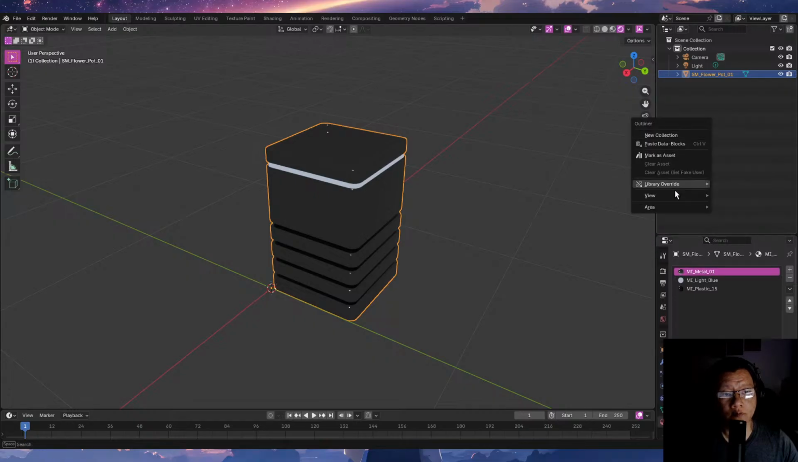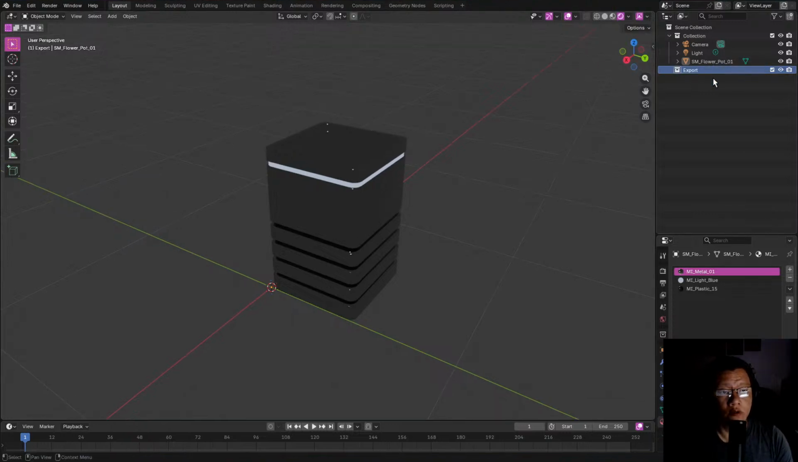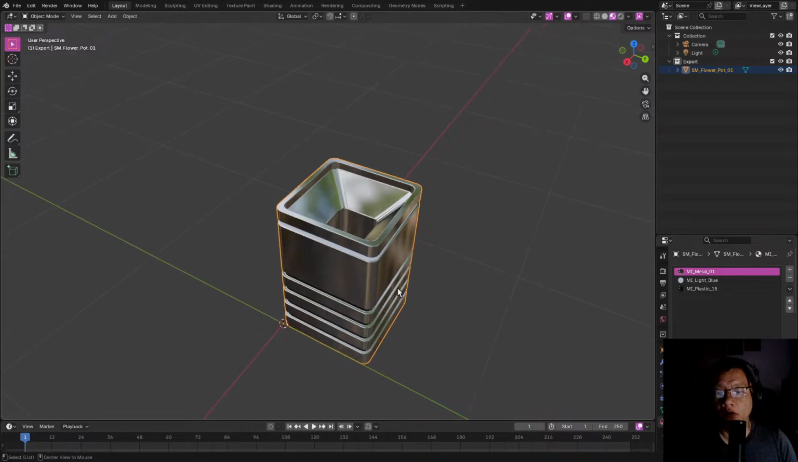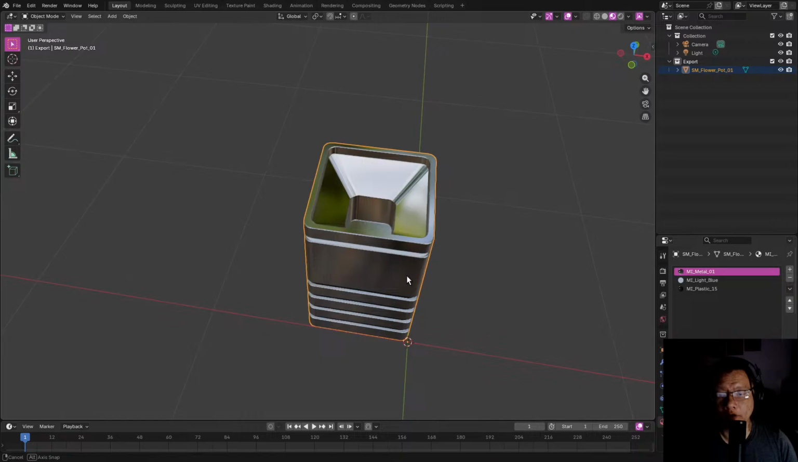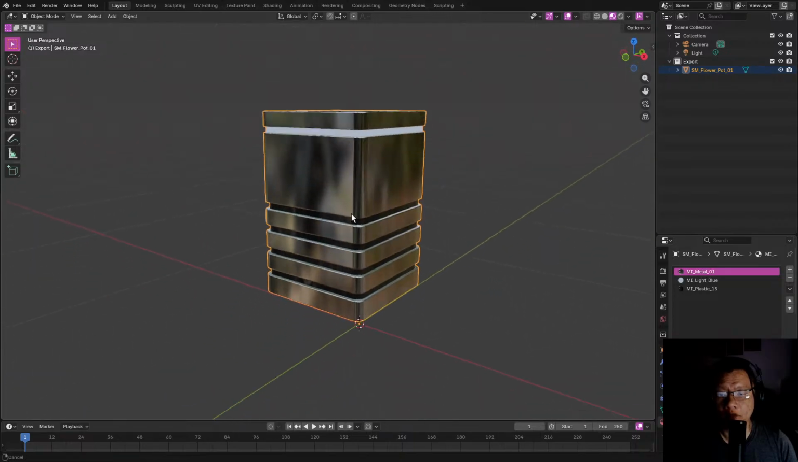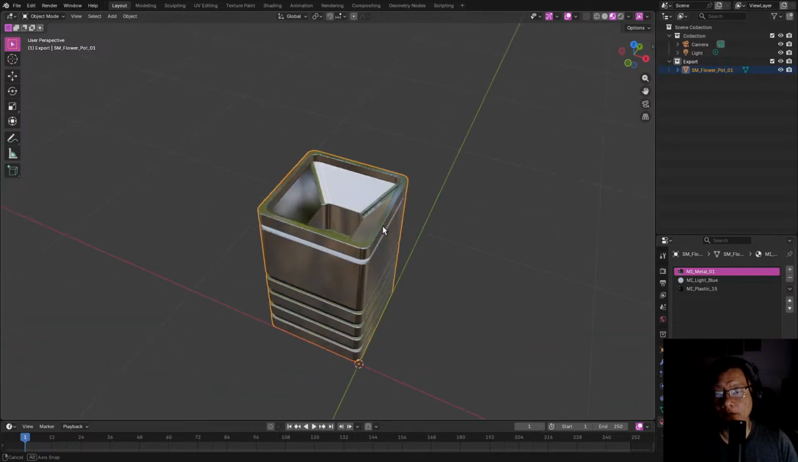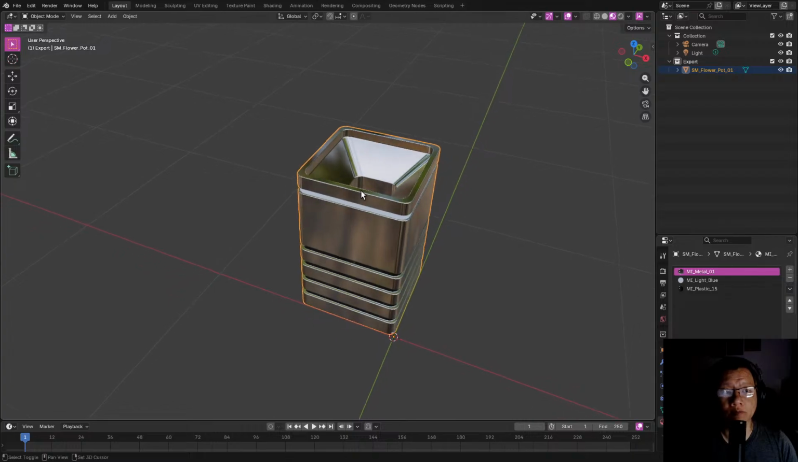Okay, so new collection, call it export, move it here. Yeah, I don't think it's going to look like this in my game. Anyways, it's not going to look like this, but still the shape is good, so